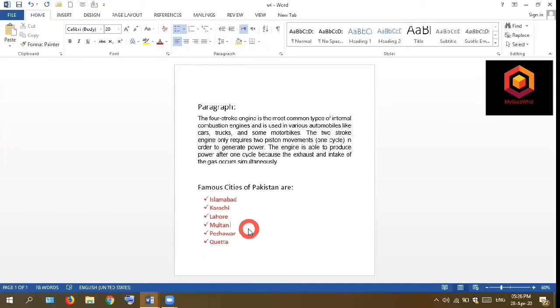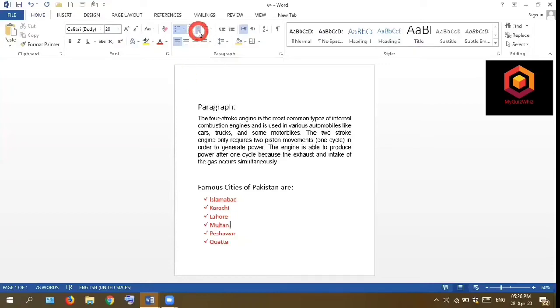Sometimes you don't need bullet points. You need proper terms, like numbering 1, 2, 3 or A, B, C or Roman numbers. You can select from this next button. It says numbering, create a numbered list.